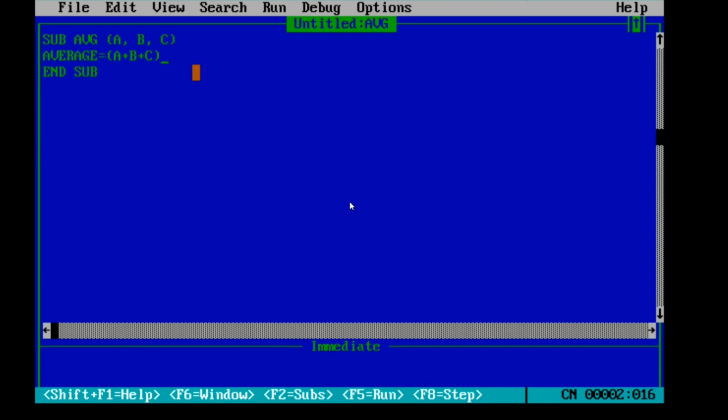Average is the sum of all numbers divided by the number of numbers, like this. So we have three numbers, a plus b plus c, divided by 3 because we have three numbers. Now we need to print the value. Print "average of three numbers is"